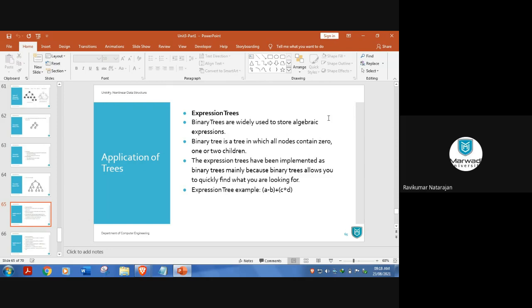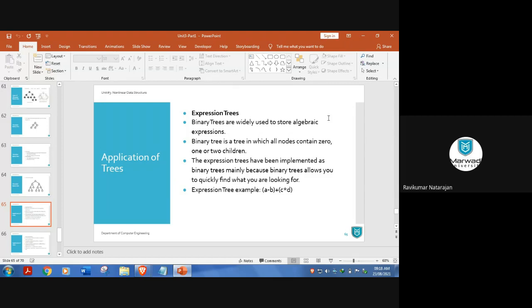Why are we arranging something in that form? Because if you have a big tree like this, for example the root node is 50, and right now I want to search whether 30 is available or not.